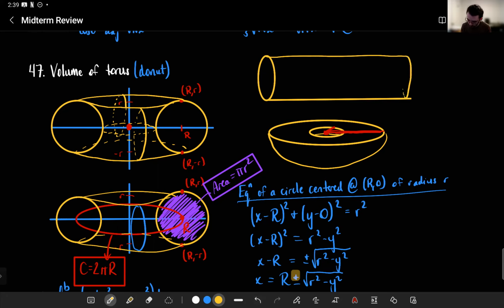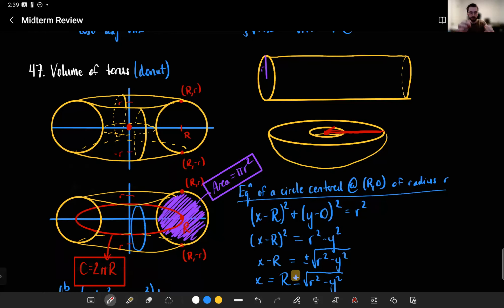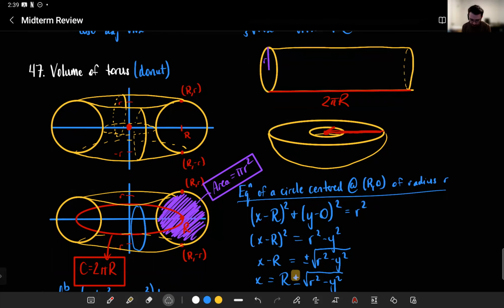Let's draw it like this with dotted lines, where this still has radius little r, draw it like that. And since I unrolled it, that central red circle is actually this, right? This length is 2 pi capital R. And so if I asked you to find the volume of a tube, that's a much easier question, right? That's much easier than asking what's the volume of a donut, but it comes down to be the same thing